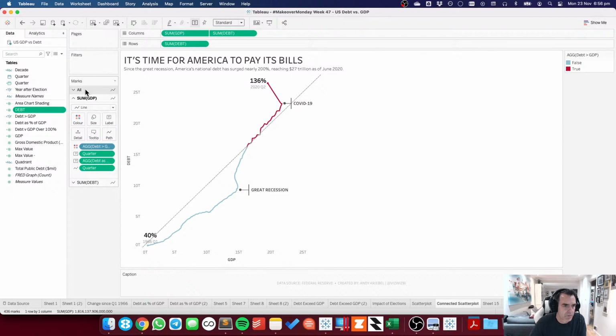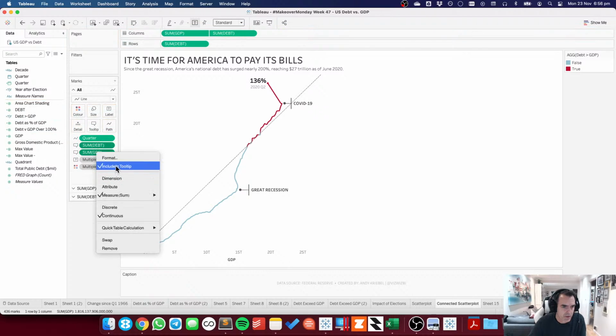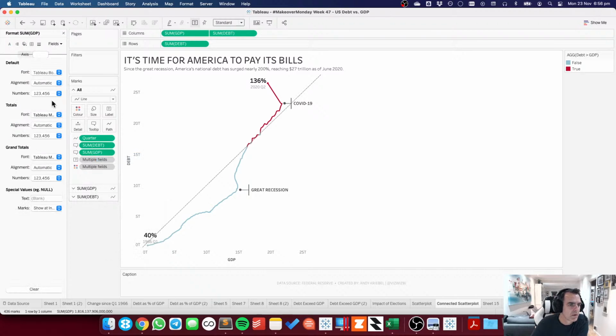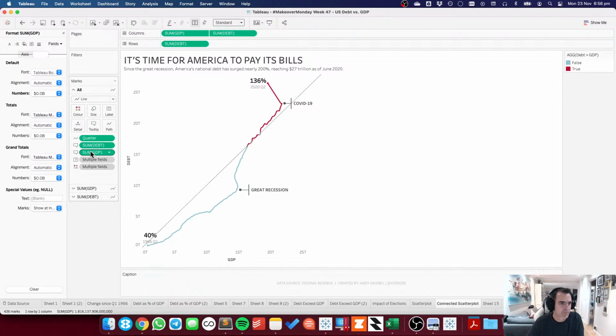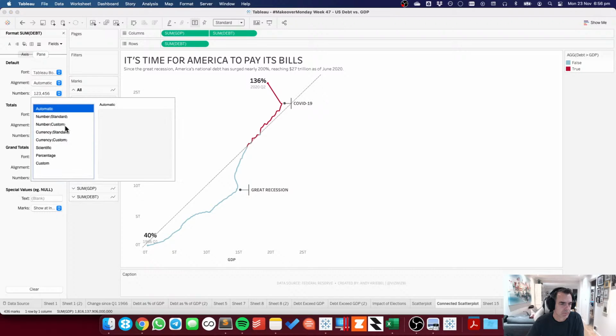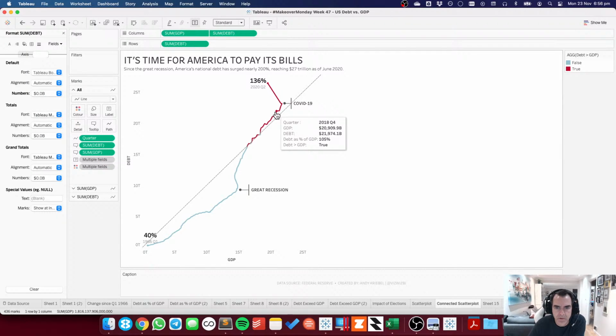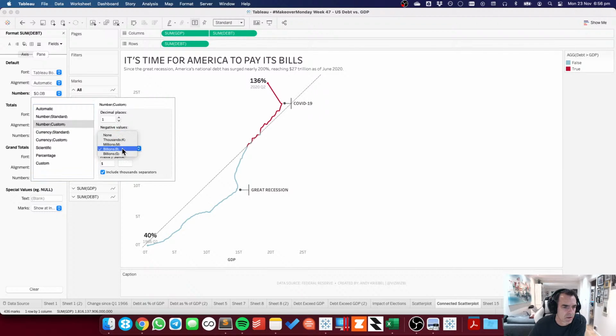So in the view, I should have, I'll put those both on the tooltip. Format, pane. I want to do it as a number, billions dollars. And then for the debt, oops, $1 billion. Okay, so what does that look like now? My tooltips. Ooh. So yeah, I need to make it trillions. That's why.